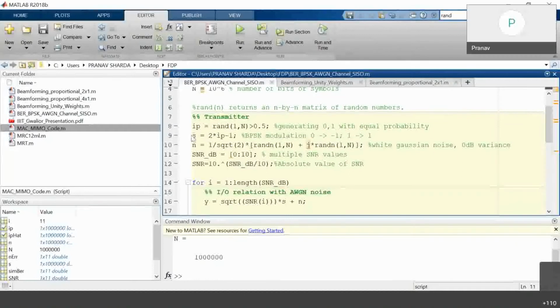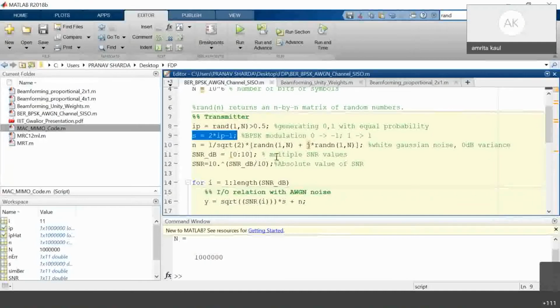But we are eliminating the effect of noise from the received signal because we are only interested in recovering the value of S, which is the transmitted symbol, right? So it has to be 1 or -1. The complex part we are not interested in because the transmitted symbol does not have any complex part. In place of BPSK, we can use any other digital modulation. Basically we are illustrating how to simulate in MATLAB the concepts which Professor Bhatnagar discussed in the previous session.